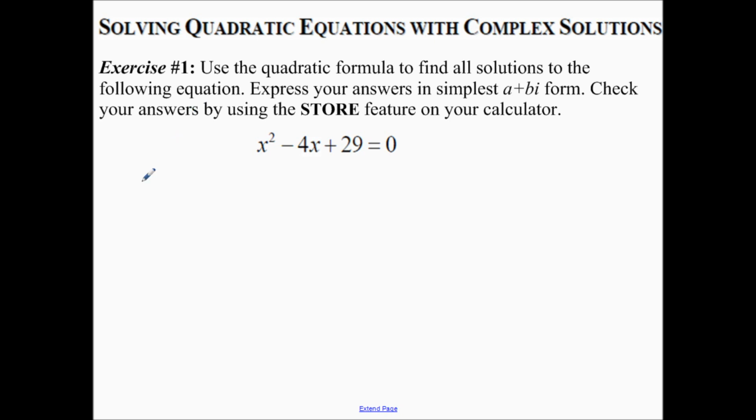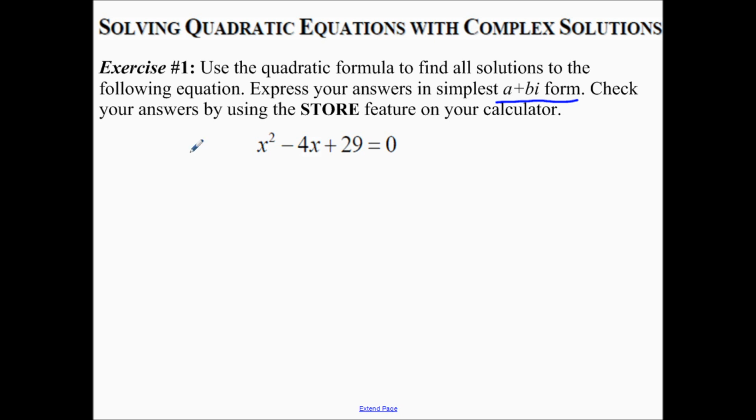Okay, so hopefully you took time to write down the directions and such. We're going to solve this with the quadratic formula because you can't solve it by factoring. Already the directions are telling me that the answer is going to be in simplest a plus bi form. That's a pretty good indication that my roots are going to be imaginary. No way to solve that by factoring. You could solve it by the completing the square method, but in this case I'm going to use the